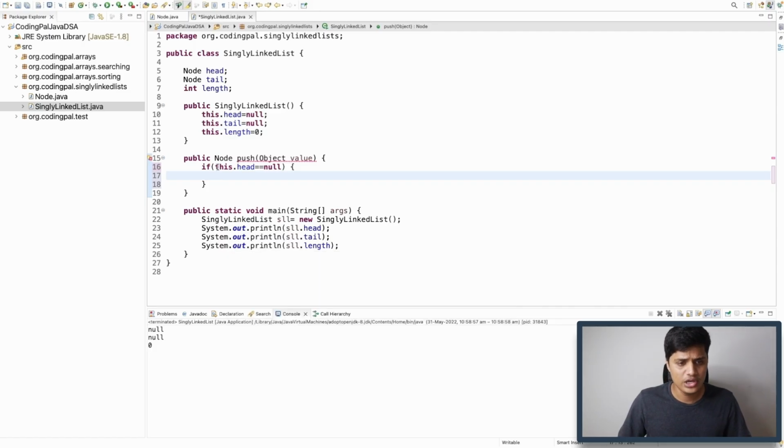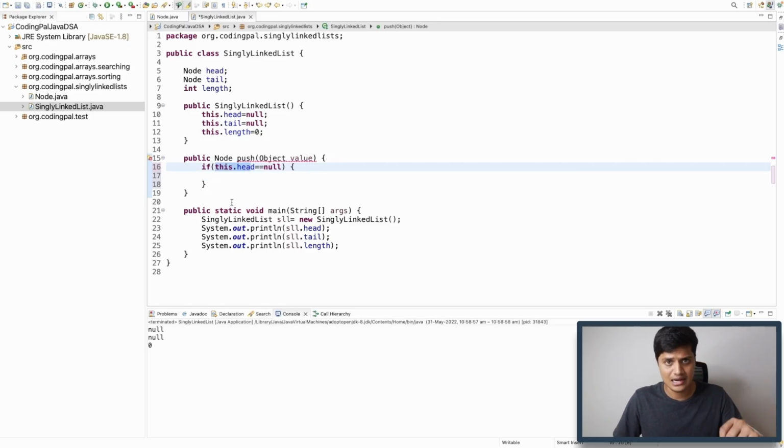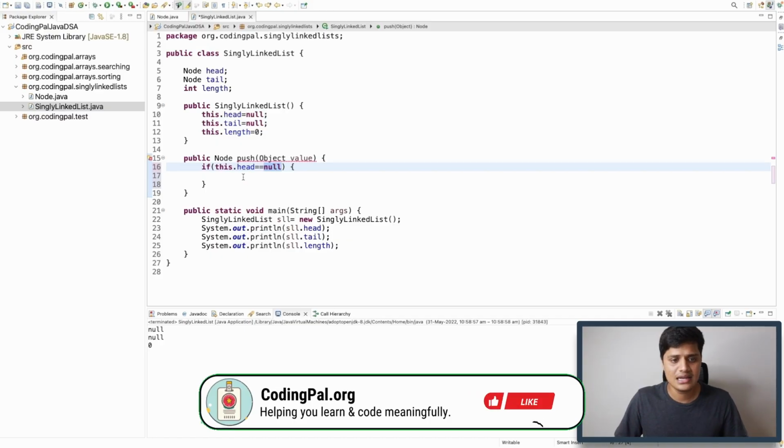So you can do any of those checks, but I am proceeding with head based checking here. this.head basically gives the head node of the current singly linked list. If it is null, that means there are no values. In that case, what we will do,